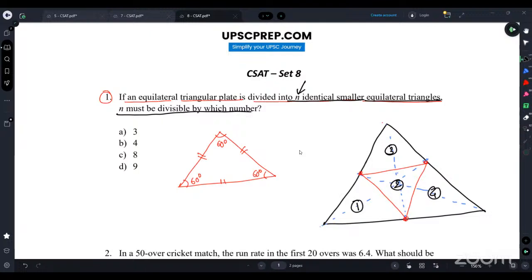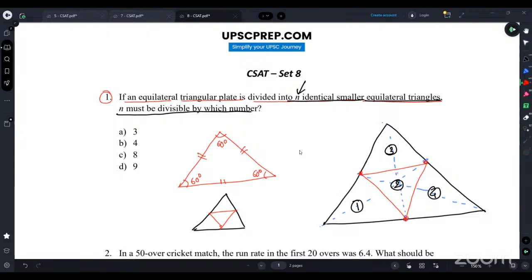All are having the same dimensions and all are equilateral triangles. Now, if I take this first equilateral triangle out here, guys, this equilateral triangle would look like this. Now, what I can do again is divide this equilateral triangle into four parts, right? I can again divide this equilateral triangle into four parts. Now, you tell me, guys, if I go on cutting like this, all equal parts,